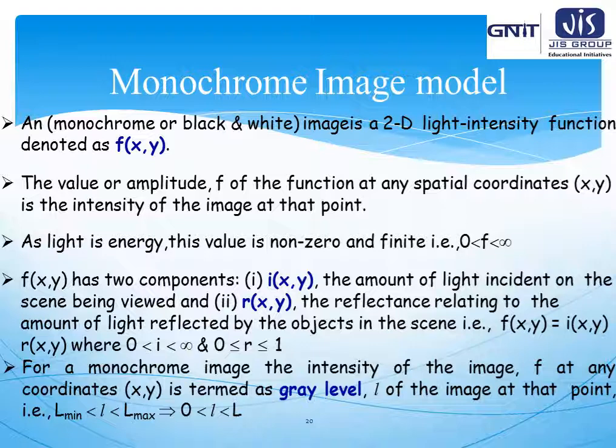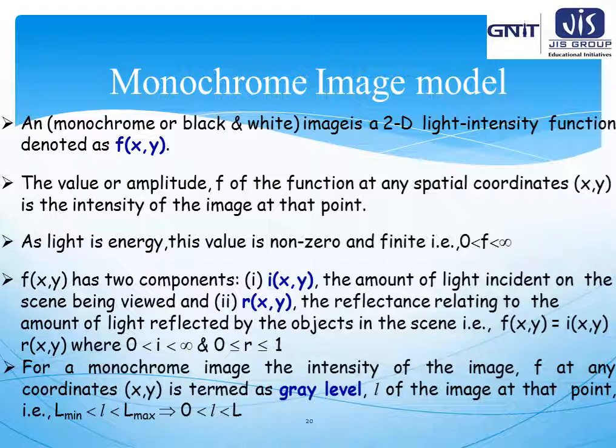f(x,y), that means the image function has two components. That means i(x,y), the amount of light incident on the scene or on the object being viewed, and the second is r(x,y), the reflected amount of light which is being reflected from that particular object. So the formula can be given as image function f(x,y) is nothing but the product of incident light i(x,y) multiplied